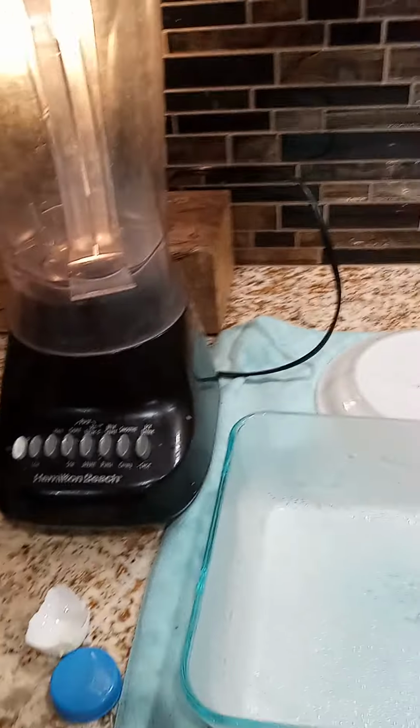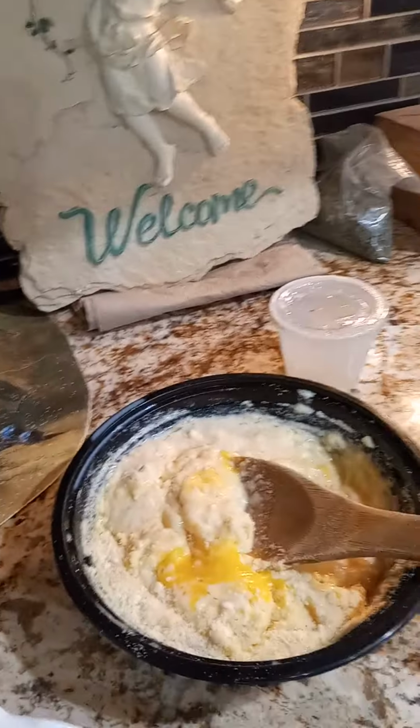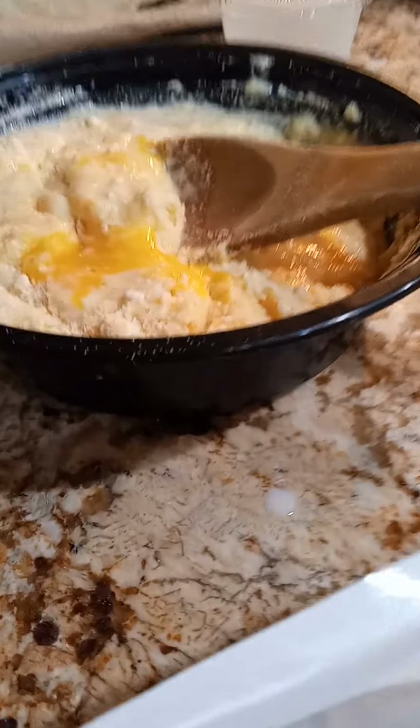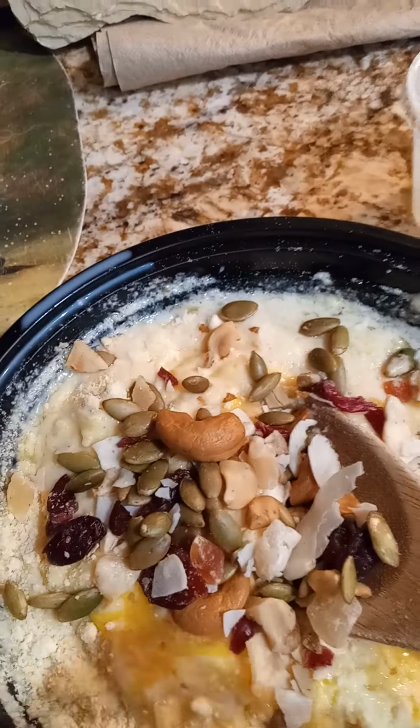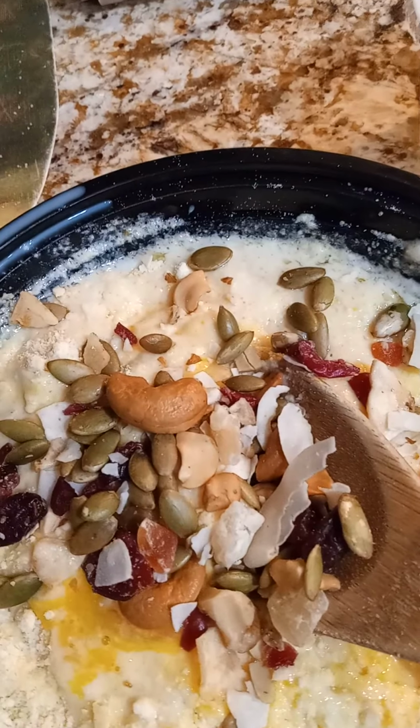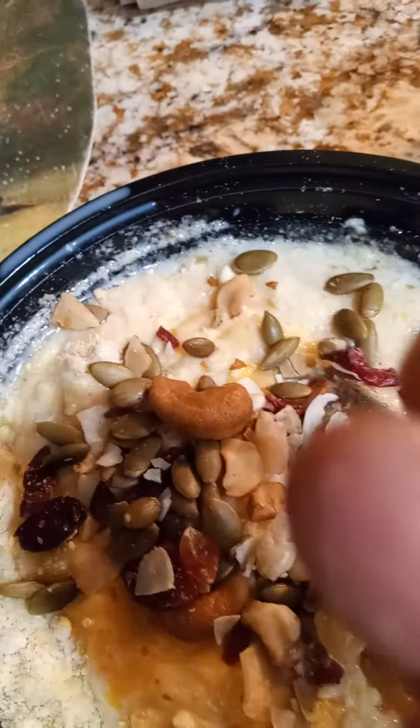And I'm not going to blend because I like to have the corn muffin a bit rough when I'm chewing it. It's rough and chewy. And all these, especially this one, is going to add to the chewiness of my corn muffin. So as you can see, there's cashew, cranberry, desiccated coconut, pepitas, sunflower seeds,